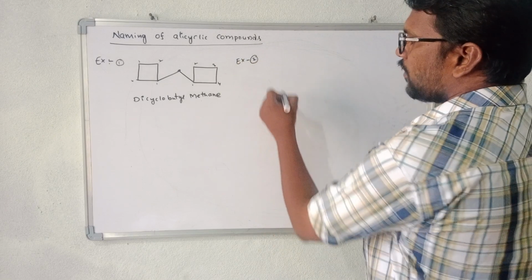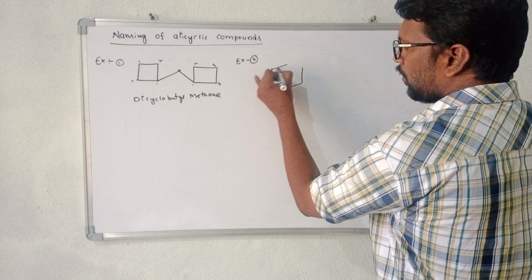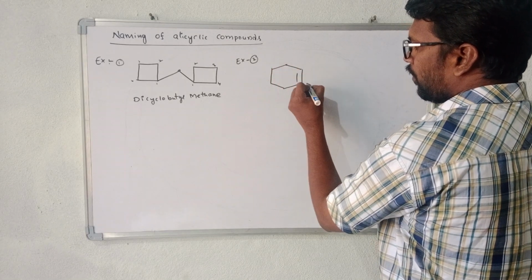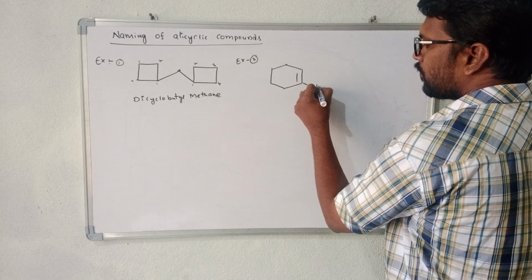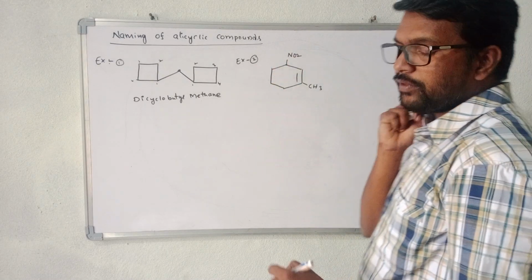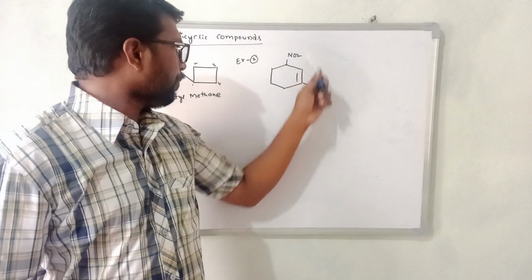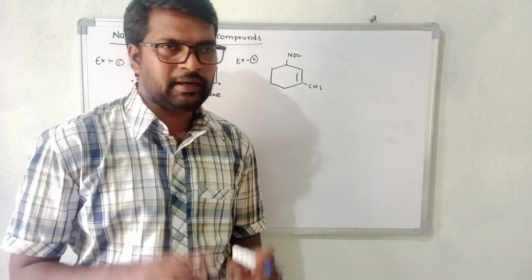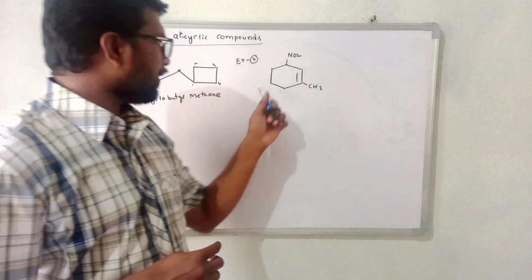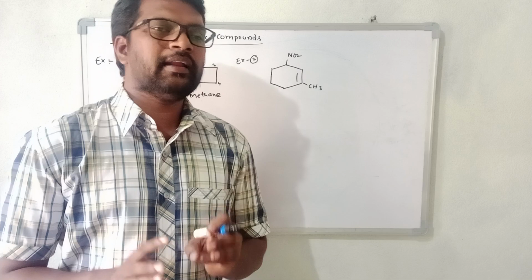Now in this example we take it like this, you see, double bond, CH3, NO2. So you see within this cyclic ring, it contains a multiple bond. Multiple bond and substituents both are present. In an alicyclic compound, when multiple bond and substituent both are present in that condition,